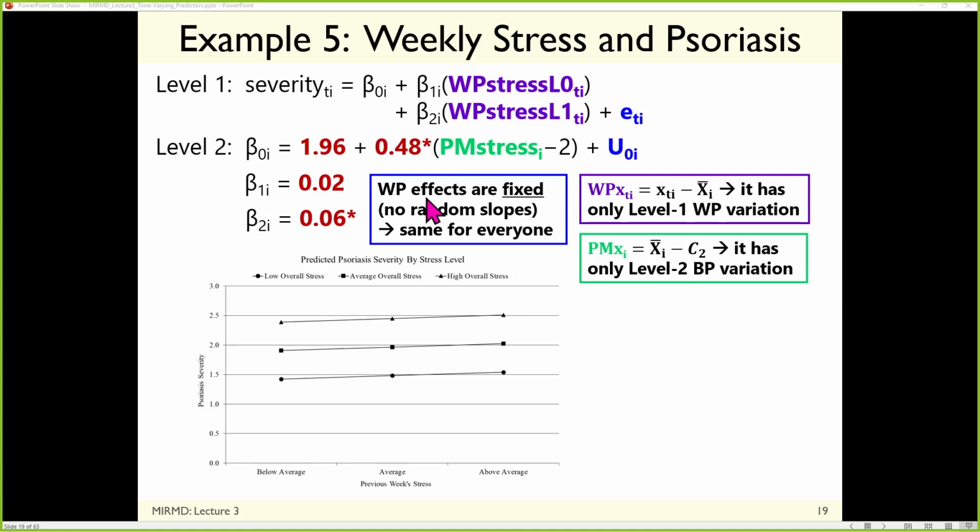So it's not a random slope for change over time, it's a random slope for change over stress. Yep, the fluctuation of stress has different effects per person. Exactly. And I can answer whether or not that's needed with the likelihood ratio test, the same as any other variance component or addition to the model for the variance. So I don't have a cross-level interaction between the layers of stress because I don't have a random slope. I would need to test the random slope first because conceptually that's what the cross-level interaction would be trying to explain.